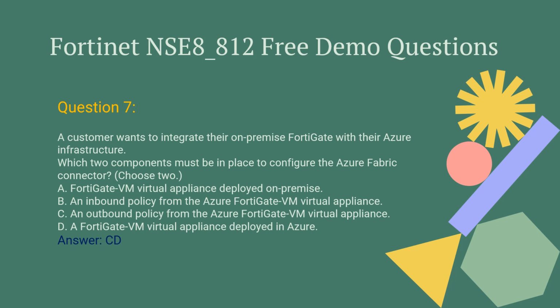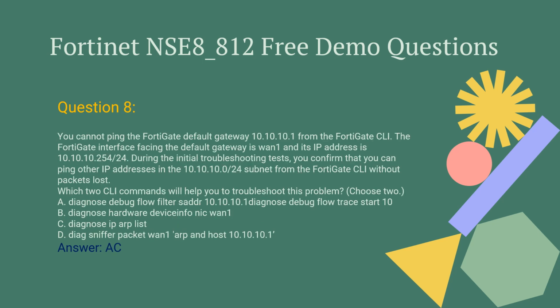Which two components must be in place to configure the Azure Fabric connector? Choose 2. A. FortiGate VM virtual appliance deployed on-premise. B. An inbound policy from the Azure FortiGate VM virtual appliance. C. An outbound policy from the Azure FortiGate VM virtual appliance. D. A FortiGate VM virtual appliance deployed in Azure. Answer: CD. 8. You cannot ping the FortiGate default gateway